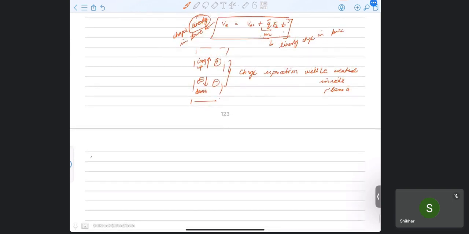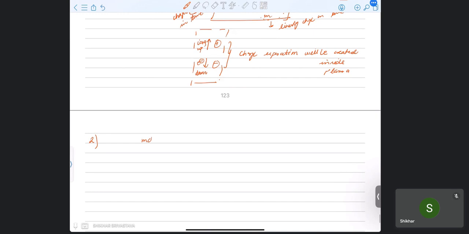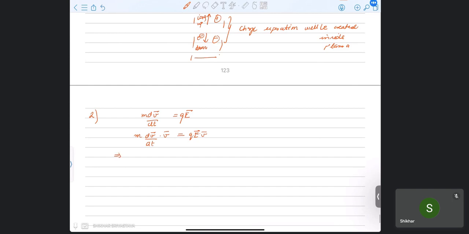Second thing is, we have this Newton's second law equation, m dv by dt equals qE. Just take a dot product on both sides with V. So it will become m dv by dt dot V is equal to q E dot V. We can write this as d by dt of half m V square, since the 2 will cancel, m is constant, and m V dv by dt comes out, so we get the same thing. Also E is what? Minus gradient of phi. It will become